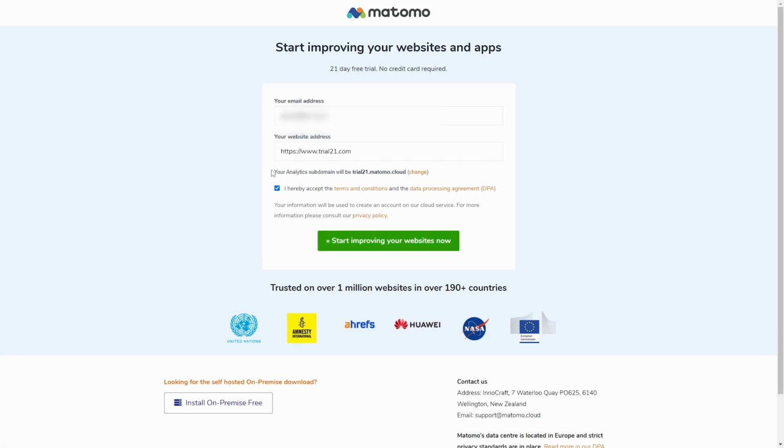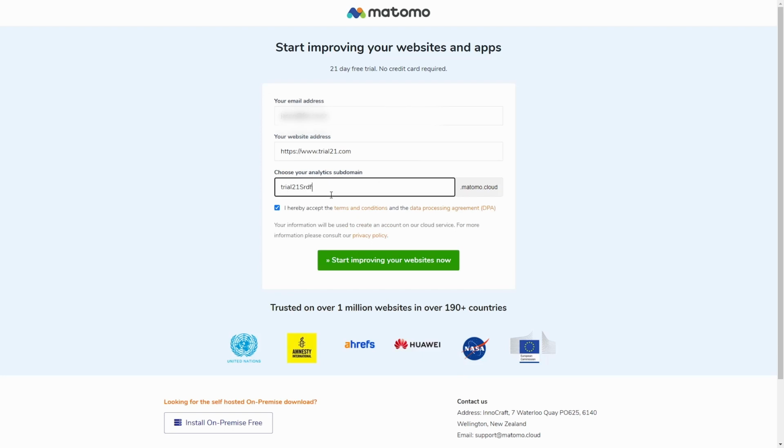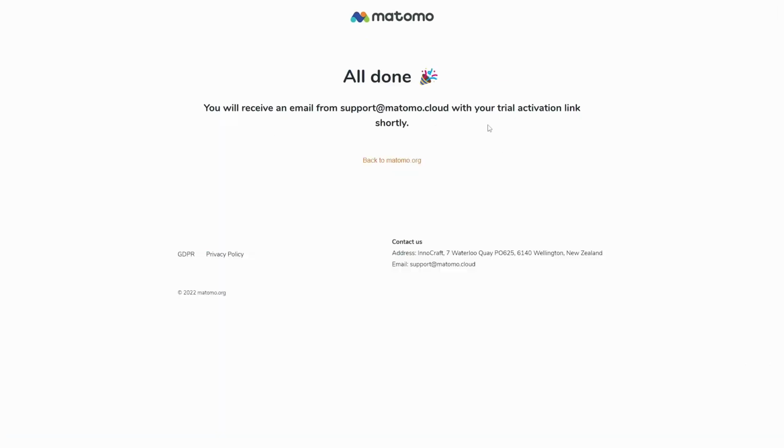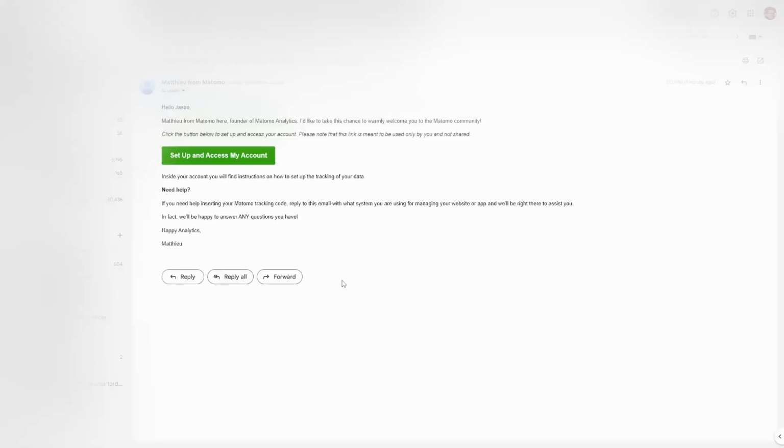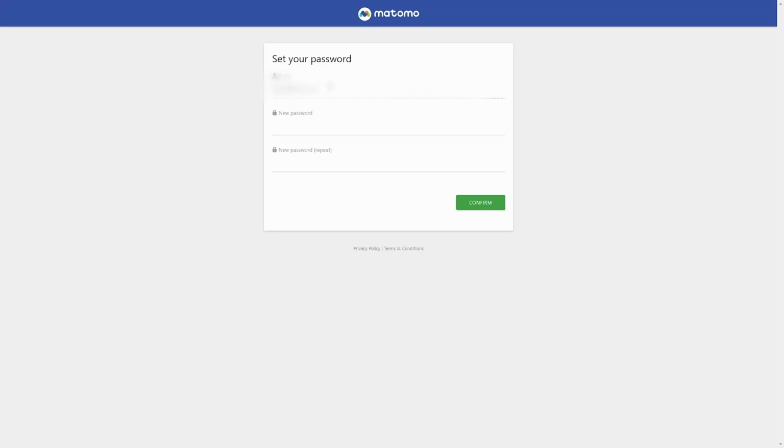Now, if we can see down here, it's got your analytics subdomain will be Trial21.matomo.cloud. So once I've finished this, I go to this URL to start accessing my trial, and of course I can change it to anything I want, but I'm pretty happy with this Trial 21. Once that's all done, it'll send me an email so I can access Matomo. So I've got the email here, and it's just asking me to set my account, so I just click on this button to continue, and it's got the email I already configured in there, and I've just got to add a password